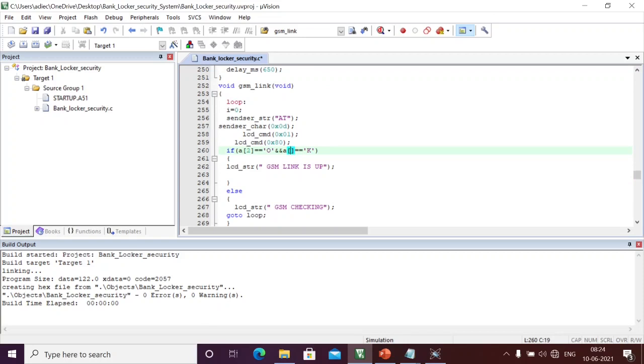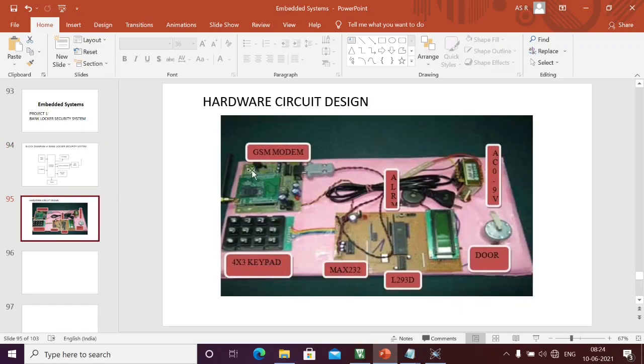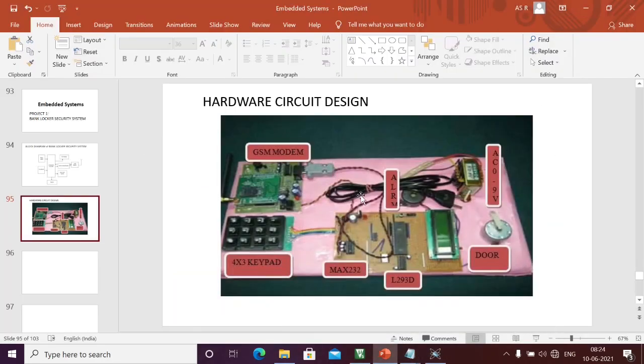This is how we finished the project. We started from the beginning on our channel, learning about the LCD initially, after that the GSM, and we also know about DC motor interfacing. Today we learned about the buzzer, how to interface it and interact with it, and similarly we learned the keypad previously. So we designed one complete project today and also validated the output. If you want to design hardware, you should design like this and flash the program we wrote onto the real-time hardware, and then we will see the real-time behavior.